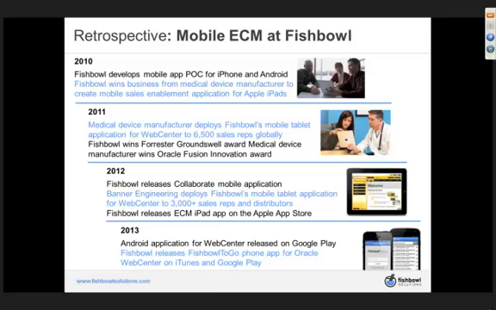That medical device manufacturer actually deployed their solution in 2011. They've ramped that use case up quite dramatically. They have over 6,000 users today. And that specific use case of really extending content management, where you went from more